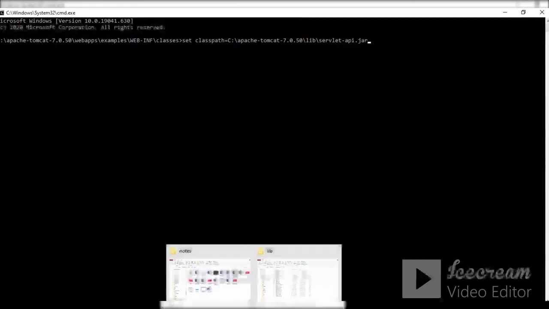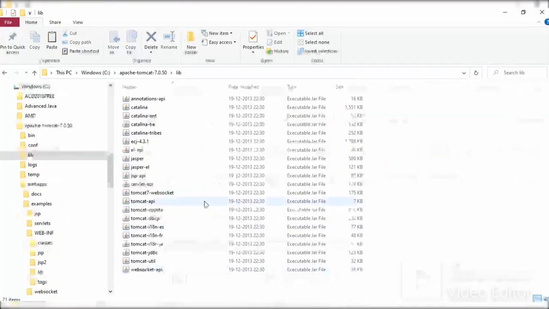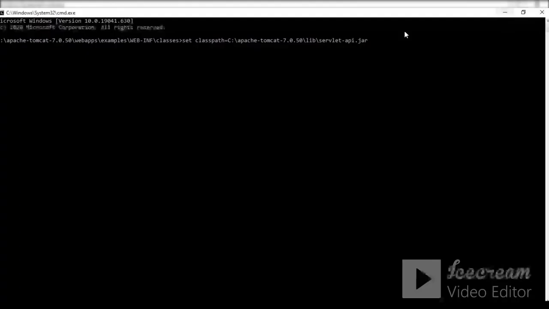You can see servlet-API and it is a jar file. Okay, just press enter. After this, if your path for Java is not set, you can set it from here also, set path, or if it is set in the environment variable, skip this step.